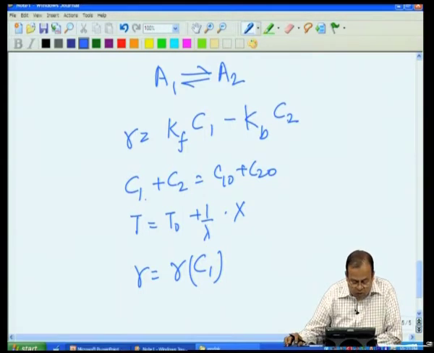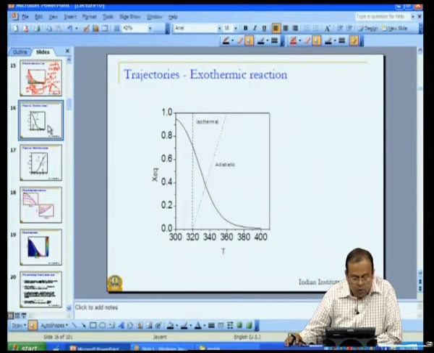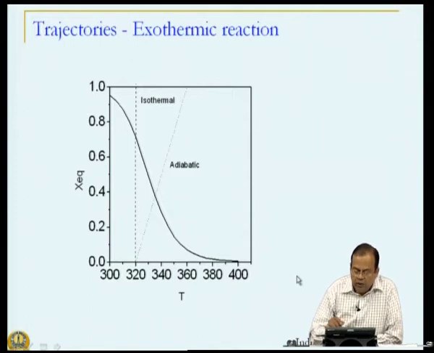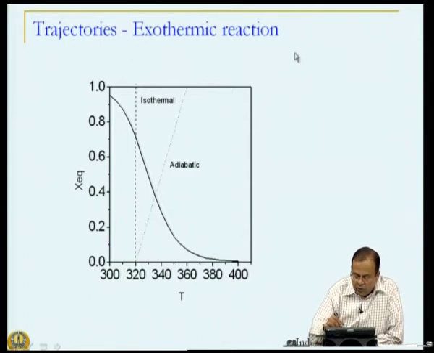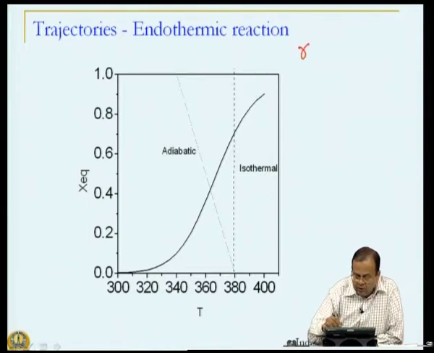So, let us look at what happens when we have this particular reaction. What we are looking at over here is for a reversible reaction, so Kf into C1 minus K backward into C2,